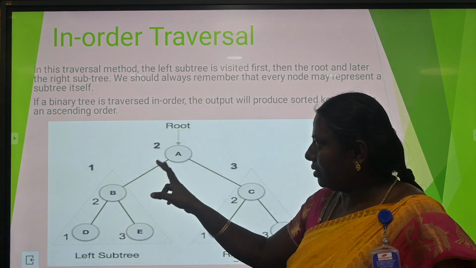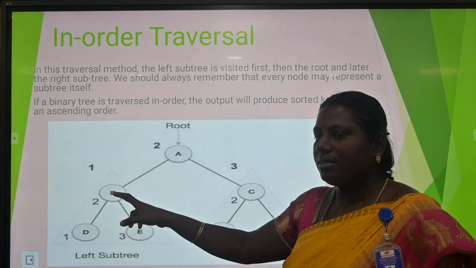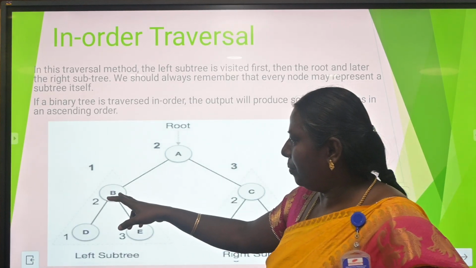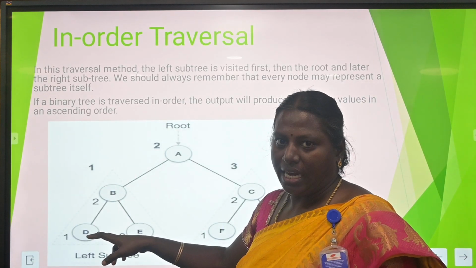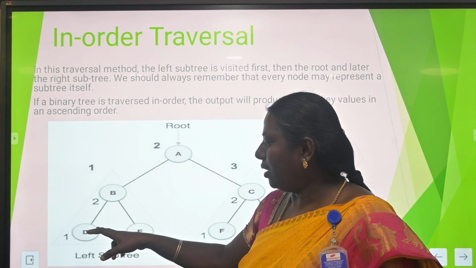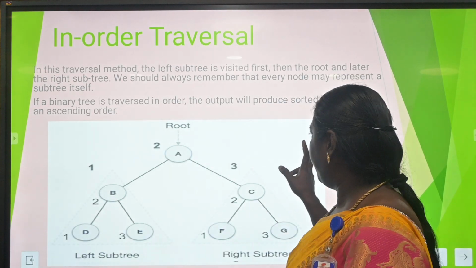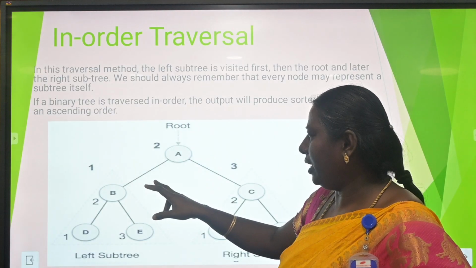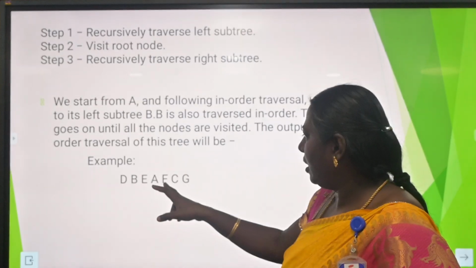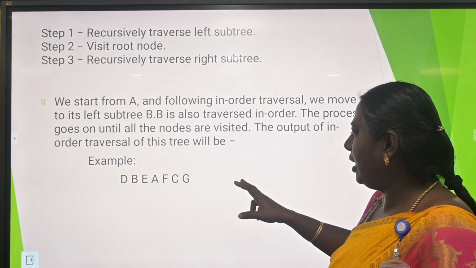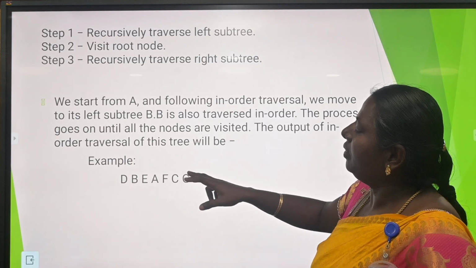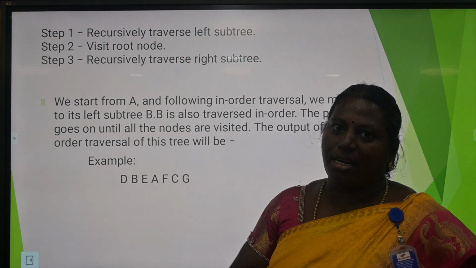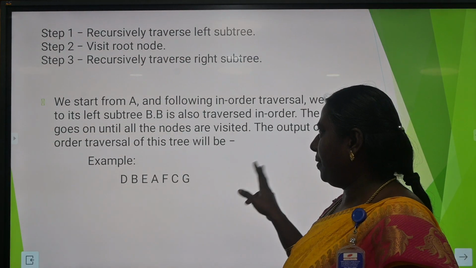The left subtree of A is B. Then B is also traversed in order. So the last left subtree is T. So in order: T, B, E, A, and F, C, and G. This is the way of visiting the left subtree, then the current node, then the right subtree.